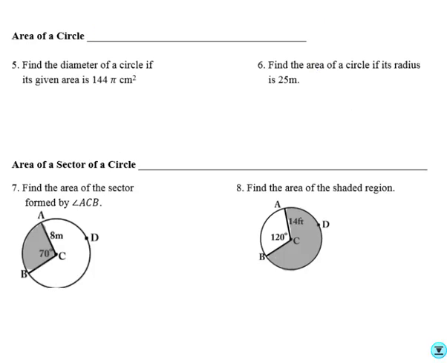Area of a circle. The area of a circle formula is area equals pi r squared. We just use that to find the covering of a circle, how much area covers the inside of a circle. So we'll do number 6. It says find the area of the circle if its radius is 25 meters. So again, we're just using area equals pi r squared. We are finding the area. We are told the radius is 25